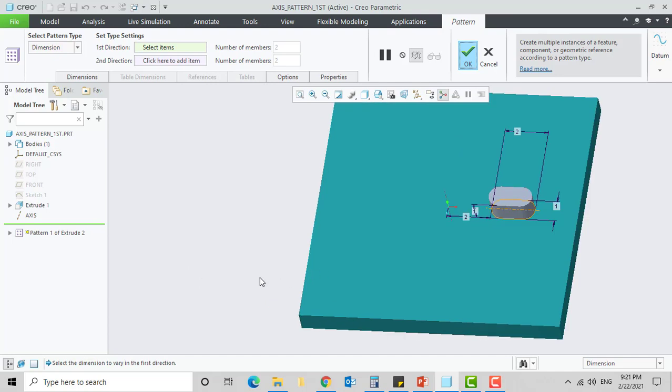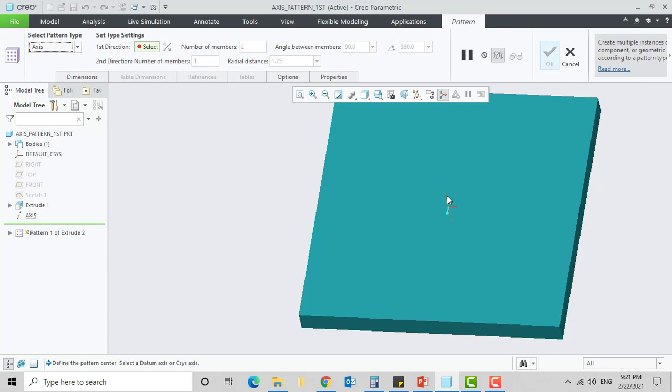Now you can see the axis which is marked here. Go and select axis as the pattern type. Now change the number of members to 6 and the increment angle to 45.